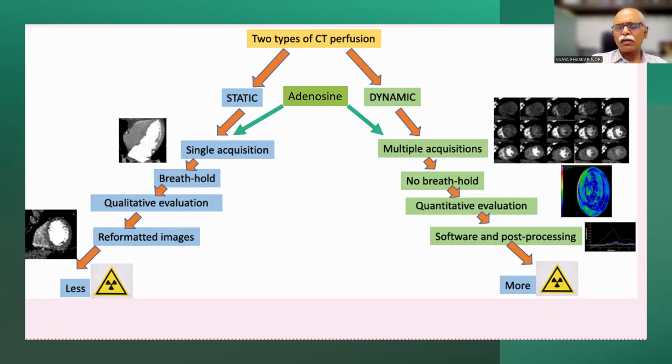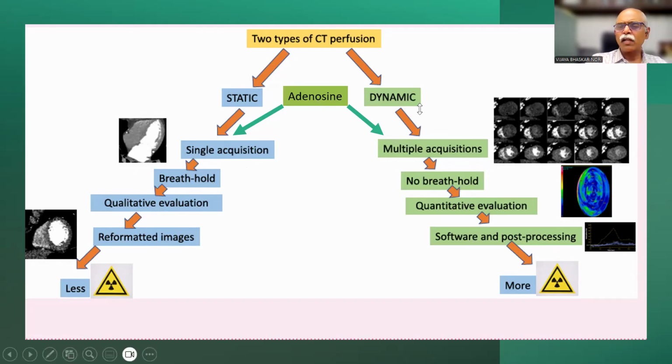Now, in static perfusion, after giving adenosine, it is a single acquisition, a single breath hold acquisition, just like a CT angiogram or a coronary angiogram. And then you get reformatted images, and that is a qualitative study. You only look at the perfusion defects on the CT scan images, in the reformatted images, and radiation is definitely low. Whereas in a dynamic perfusion, after giving adenosine, you acquire multiple data sets, multiple sequences, about 15 to 20